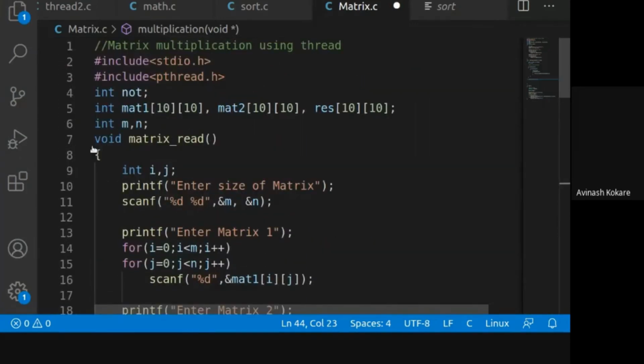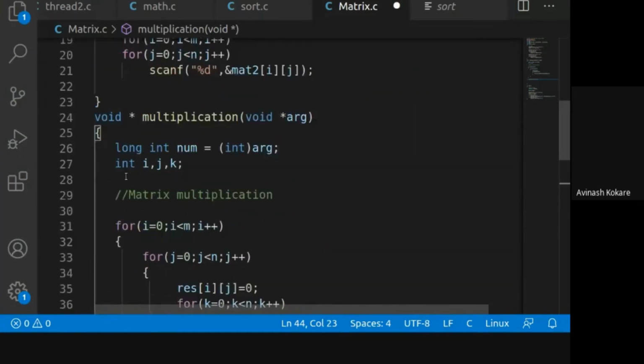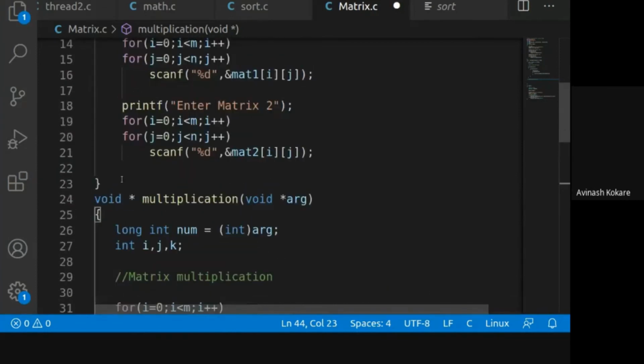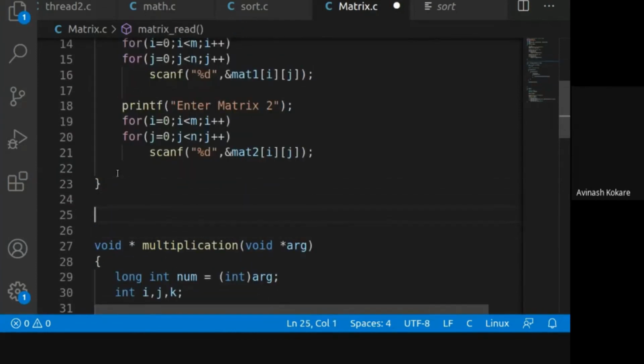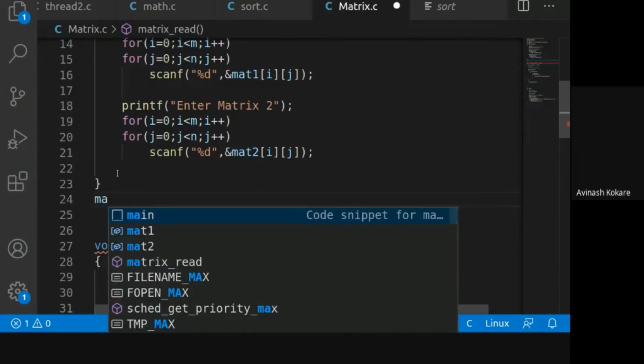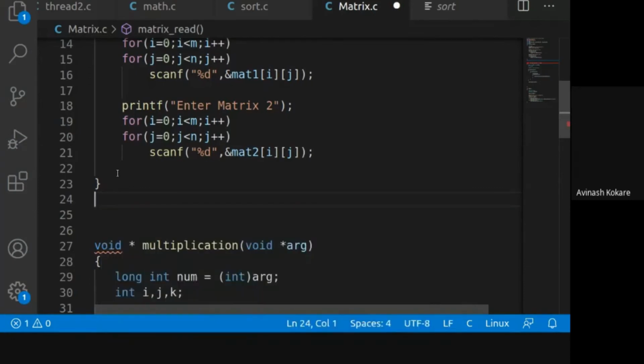And here you will write the definition of the print matrix function. The definition should always be written at the top, before where you are calling the function. So this will be a simple definition.